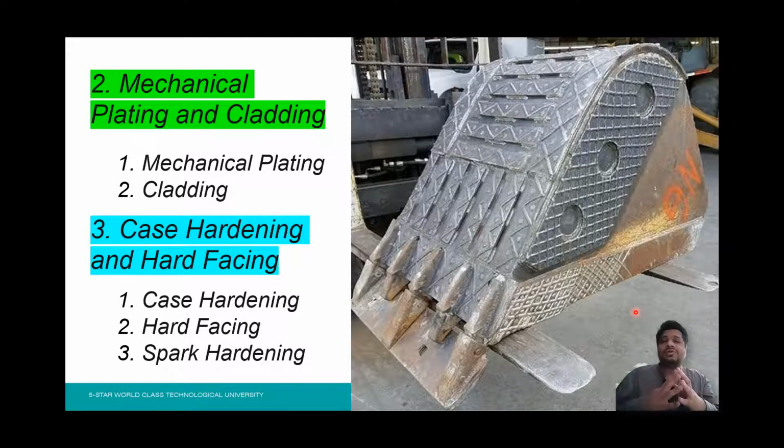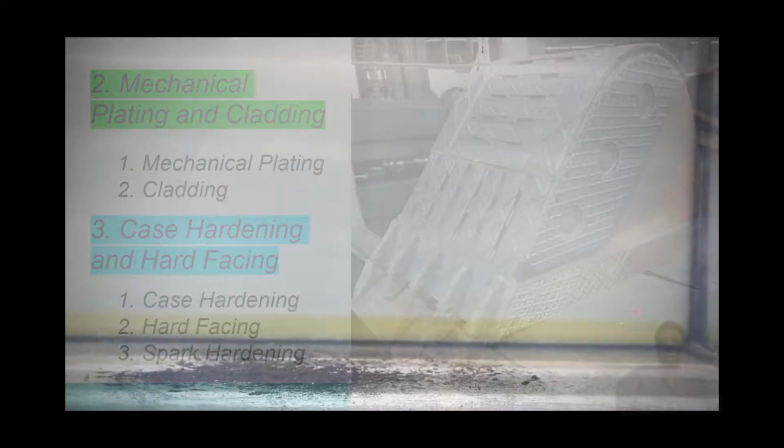Then similarly, if you talk about cladding, then cladding is basically you have got a sheet metal, and then with the help of pressure, with the help of explosive welding, or with the help of clad bonding, you are going to put another sheet of metal over it so that it can protect the first sheet of metal. So this is basically used as an anodic protection device. So the cladding layer is anodic to the core, and it usually has a thickness of less than 10% of the total thickness of the material.